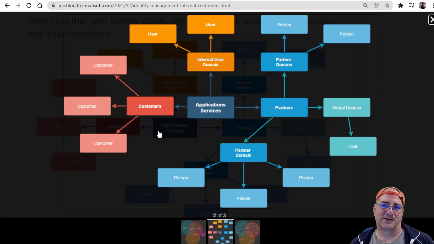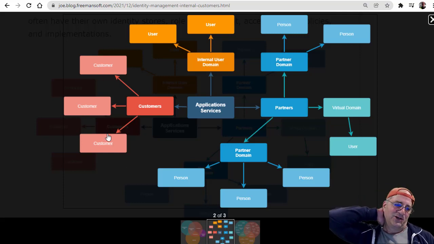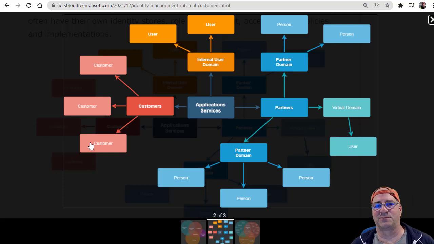In a lot of cases, they're their own domains, except partners are weird because they have like subdomains. So customers, if you're in a social media or individual customers, B2C, they basically are domainless. They're all just part of the customer domain, and they just have access to what they have access to, and there's no way to grant them extra permissions, really. They can't grant each other permissions to do stuff. There's no such thing as a group of customers. We'll talk a little bit more about that later. And then you have a single domain for your internal users. So you kind of have a customer domain and an internal domain.